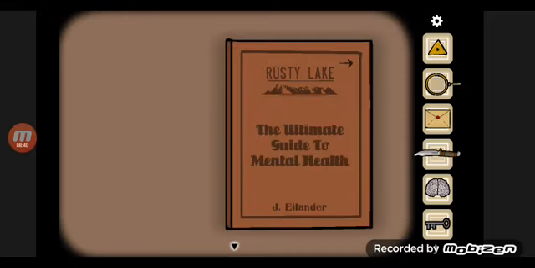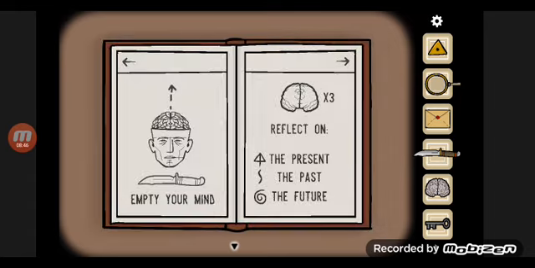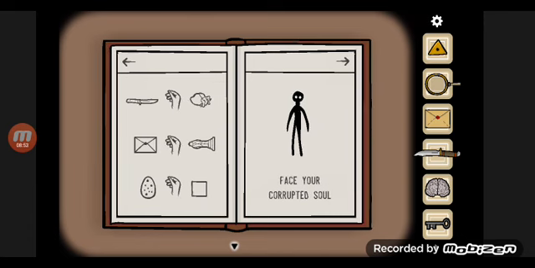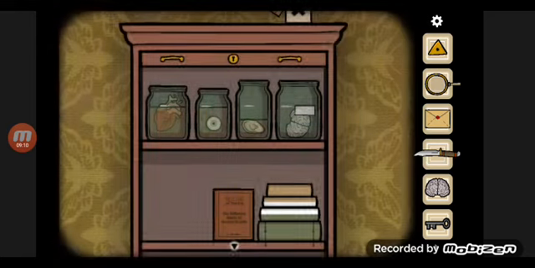Now let's consider the hint in the ultimate guide to mental health. Page. Here: face your corrupted soul. This is the hint. So let's go to the mirror